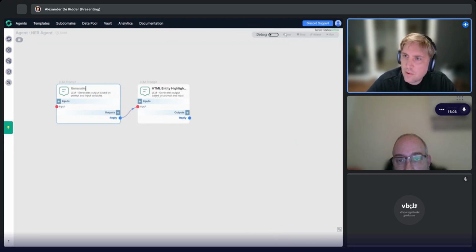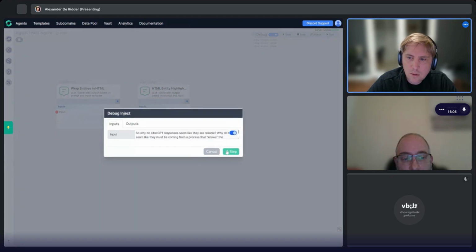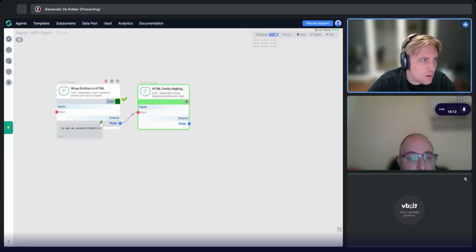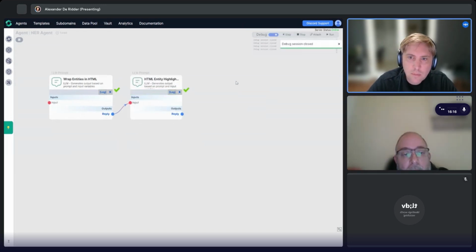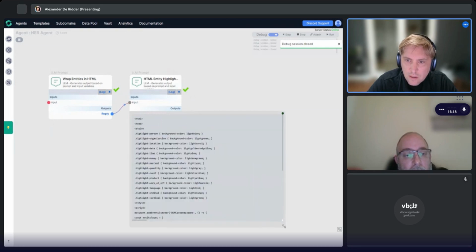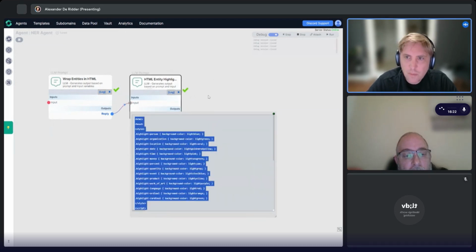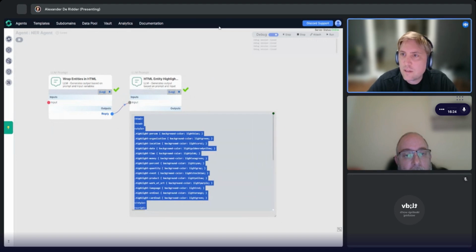Okay, let's try this again. Okay, so we no longer have JSON. It's just pure HTML now. I hit next step, reply. Let's inspect this. This looks good. I will copy this and okay,